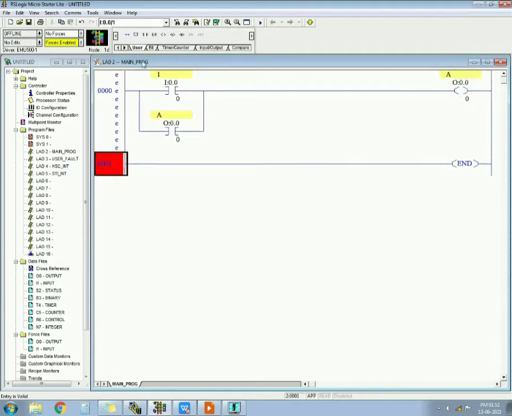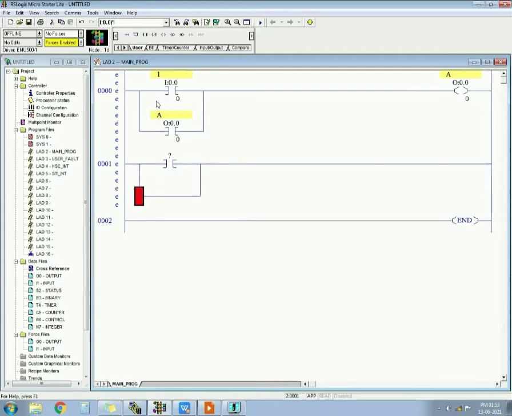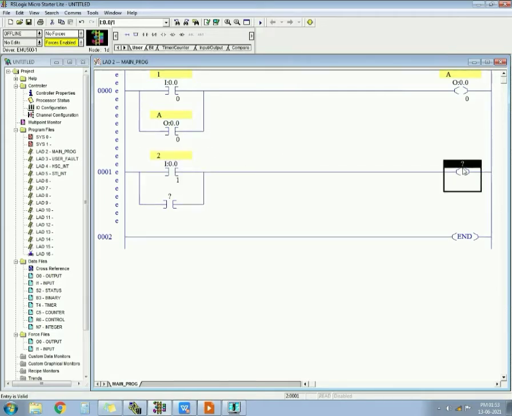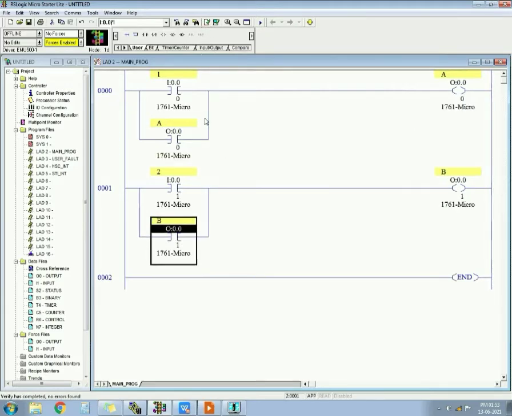This is the first line, and the second line is when the second push button is pressed, output B gets on. So I will put the second push button here, like the second latch that we did in the last question. I1:0.0/1 is the second push button, and the output B is O0:0.0/1, and I will name the parallel contact the same, 0.0/1. Okay, so these are the first two lines. When the first push button is pressed, output A gets on. When the second push button is pressed, output B gets on. This we have already done in the previous question.